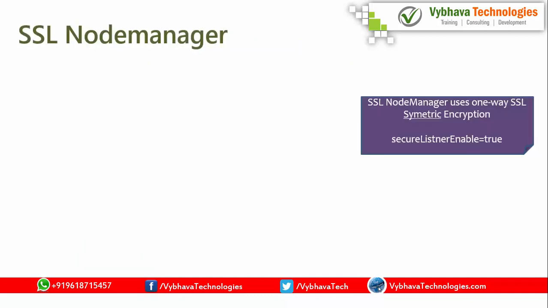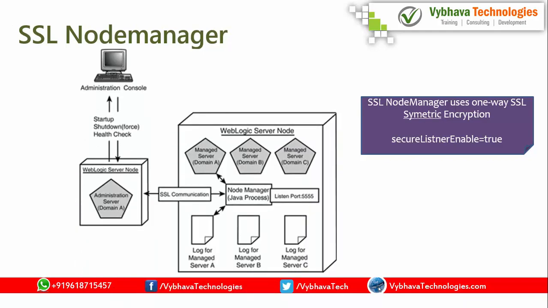So in our case, we have used the SSL Java based node manager. Whenever you are using an SSL based node manager, it is one way SSL communication. It happens when the admin server sends the start request, it connects to the admin server, and the admin server takes the command and passes it to the remote machine node manager. So that communication, admin server to node manager, will happen using SSL. In our example, we have used the demo certificate. Whenever we are using the certificate, we have to set secure listener equal to true. If you don't want to use that, then you have to make that false.